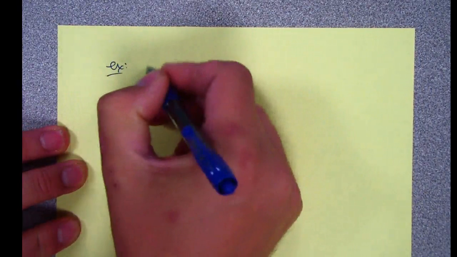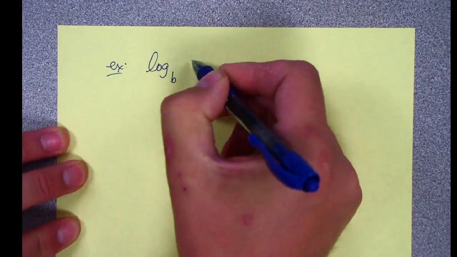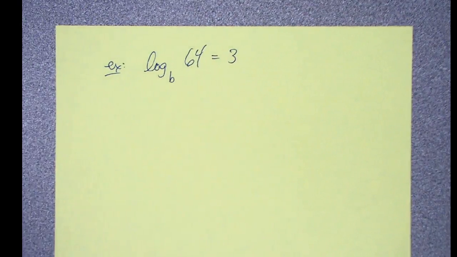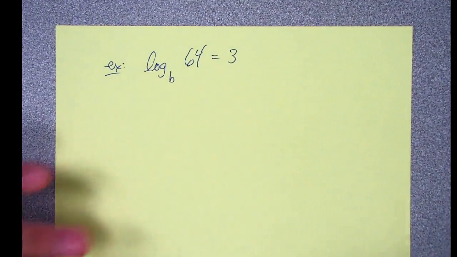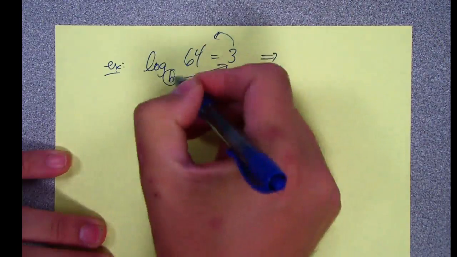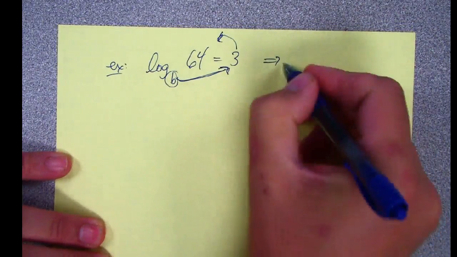If I left the variable in a different spot, so let's say log base b of 64 equals 3, you're going to do the same thing. Your approach is the same. That circle is always helpful to use. It's not really a circle the way I drew it there, but that's okay. So b to the third power